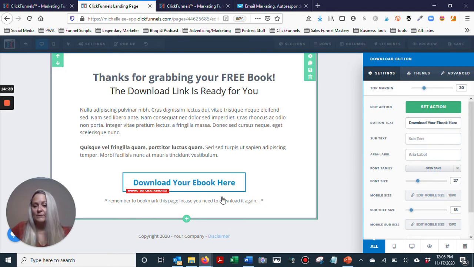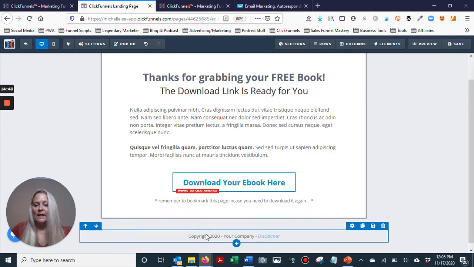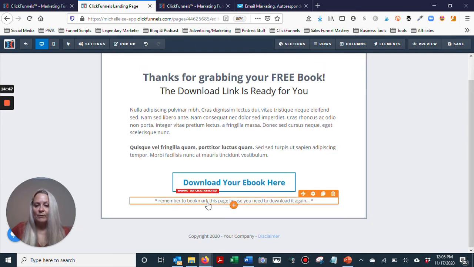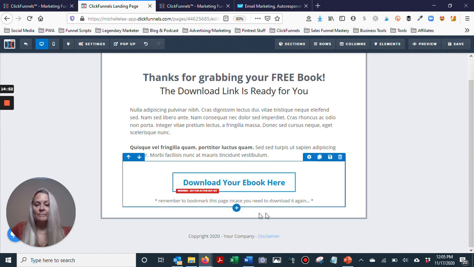And you could put a subtext underneath if you want, but you don't have to. Okay, and then again, down here, your copyright, your company name, disclaimer, anything like that. Remember to bookmark this page in case you need to download it again. You can remove that if you want, okay? You can change this